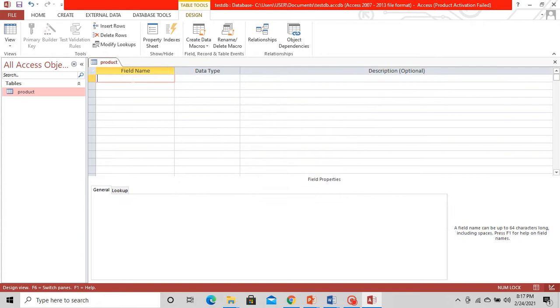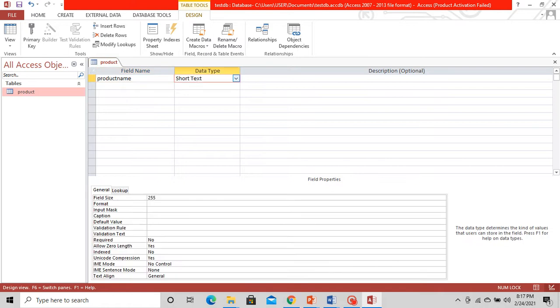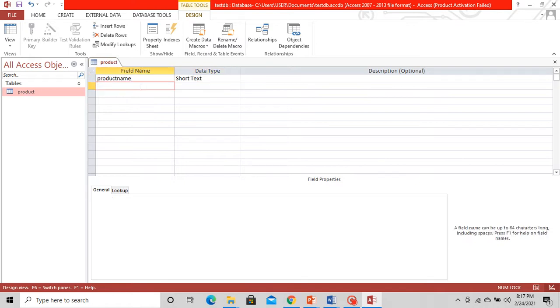So the first column name, I'm going to give the column name as product name. Data type as short text. If you are using some other version of Access, it can be text also, both are the same.